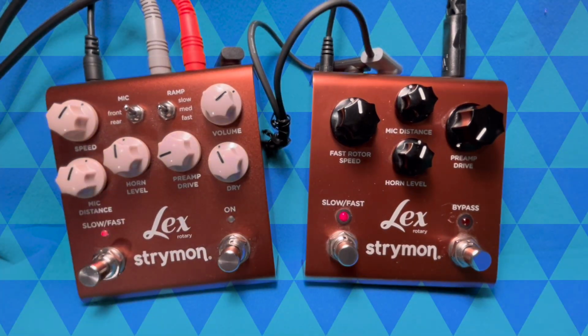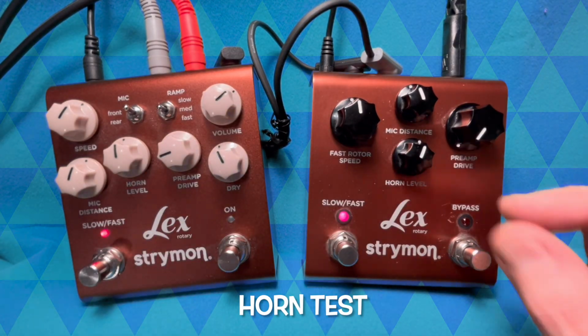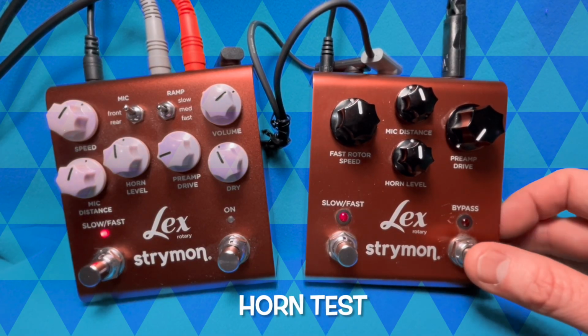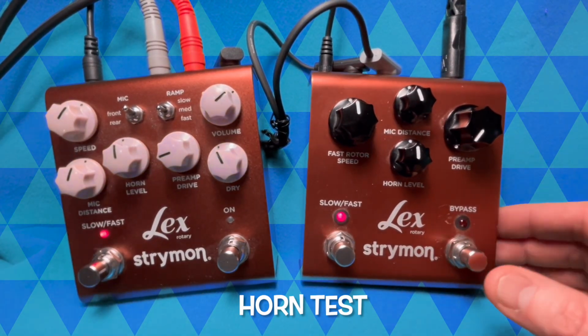Okay, now we're going to look at the horn right here. And this is like the top tweeter. We're going to see how it adds high end and cuts through the mix, if you will, even though I don't have a mix. Here we go. Whoops. Let's start here with...